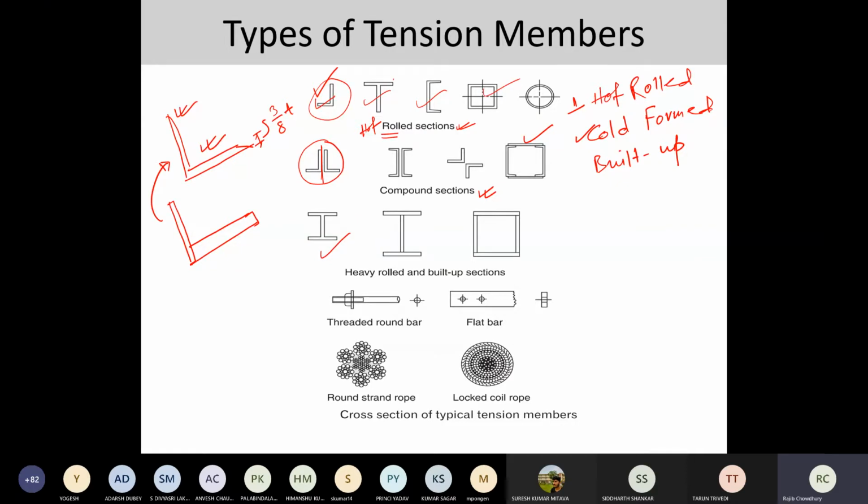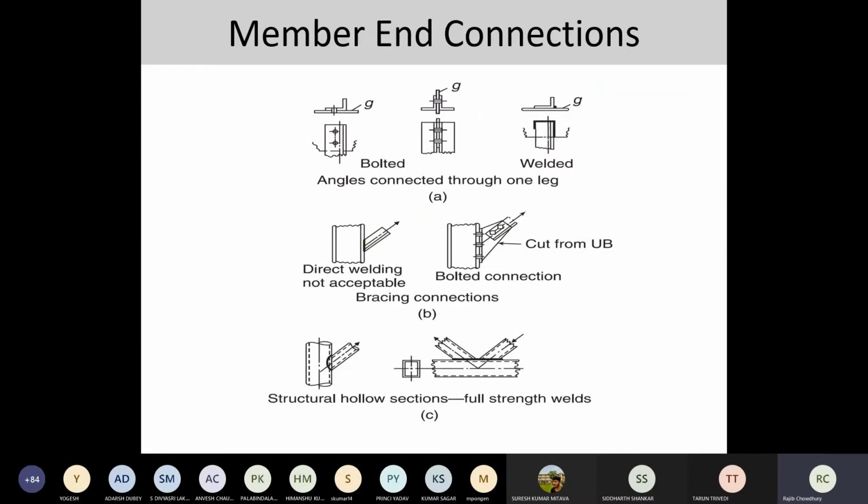Likewise, you will have the different kinds of ropes. Now, the schematics presented on this particular slide, you have already gone through. I believe that you have already gone through all the lecture slides, so I am just skipping to this particular lecture slide. It shows how the different members are connected with each other. It doesn't matter whether it is the tension member only, it can be the compression member also, or purely axially loaded member also.